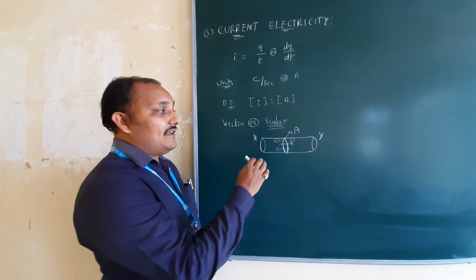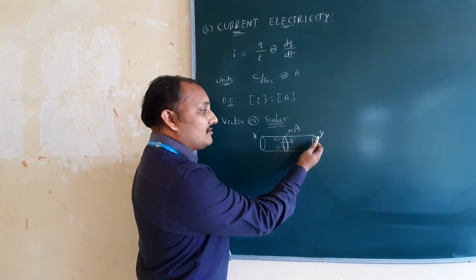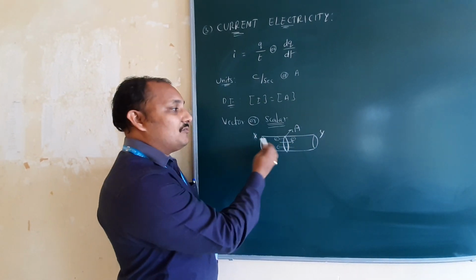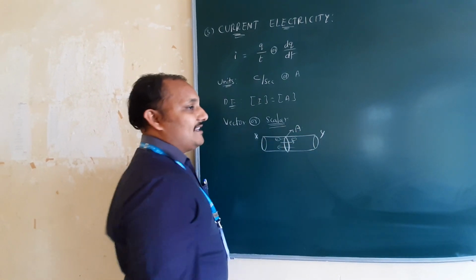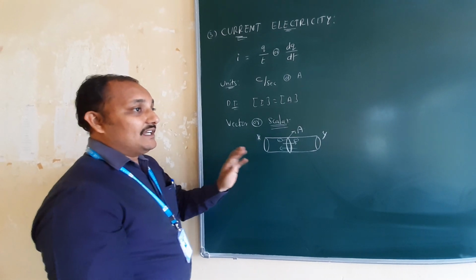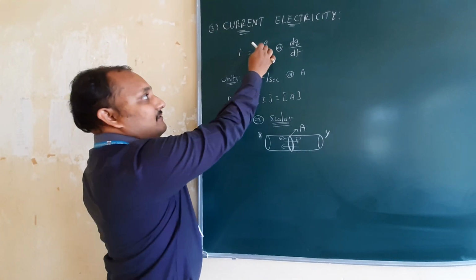So when I say you will get shock, it means whenever all these electrons move either towards x or towards right, towards one end or towards the other end. But all electrons should flow in one direction. Then you will get shock. This is according to the definition I am saying: I is equal to Q by t.